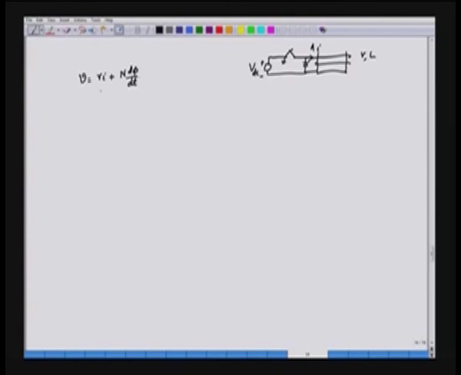So, V is equal to Ri plus N d phi by dt, and here we want to find out what phi is, where V is VDC, a constant voltage. To find phi, we can say that V is approximately equal to N d phi by dt,